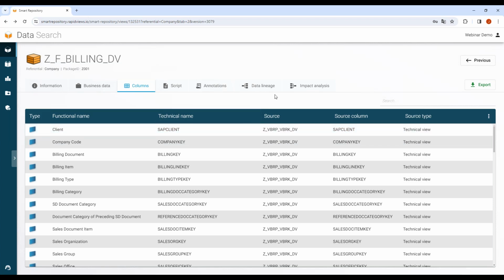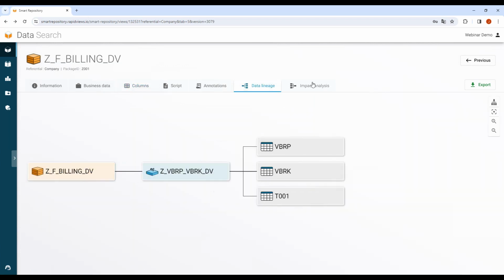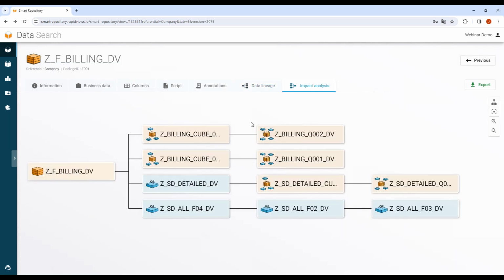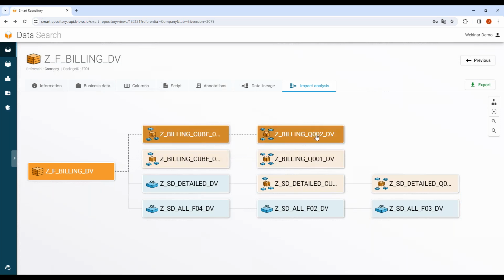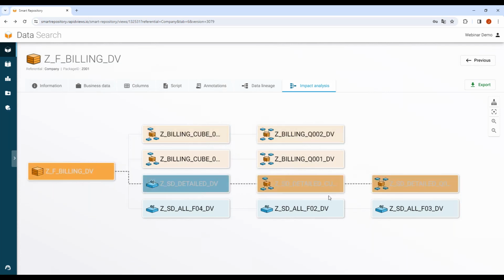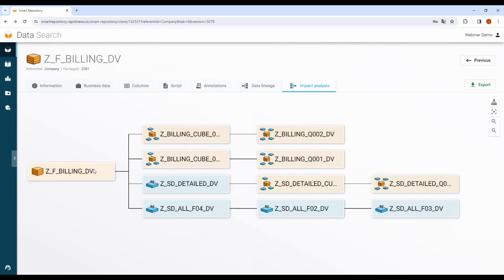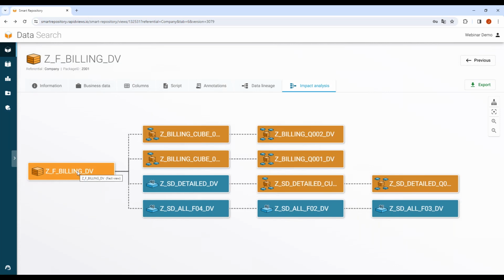Exactly. And for my last demonstration for this example, I stay on my billing view. I have the lineage of the billing view, but I can see also the impact analysis. I can see where this view is used. I can retrieve my billing Q001 view, but I can see that another view, Q002, and multiple views use this billing view.